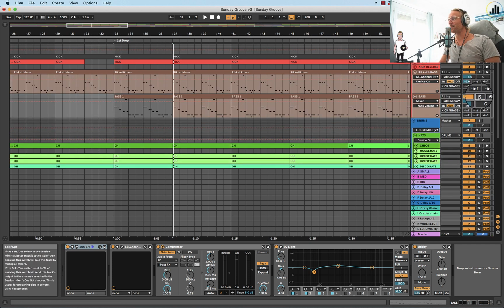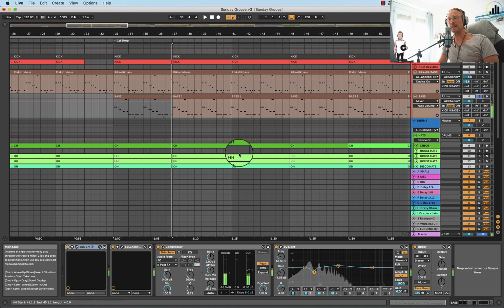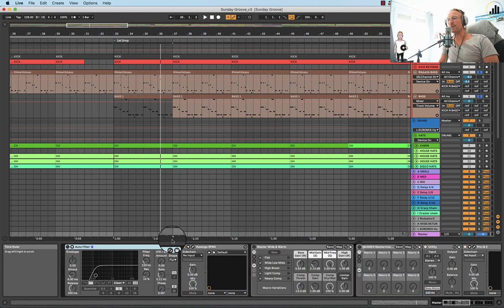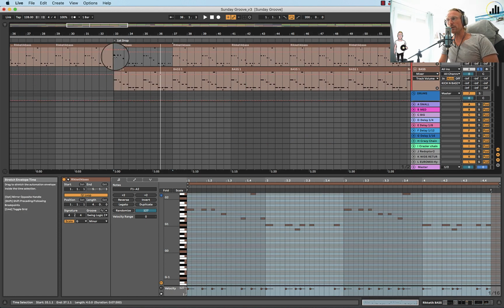I had this bass line, this guy, and you see the MIDI right here. Quite long notes, a bit subby, has a bit of mid-range, but I wanted to add something, so I added this little rickety bass. It's actually doing the exact same thing as the bass line, but I created some shorter notes, some 16th notes here instead of the longer notes, and I've added some